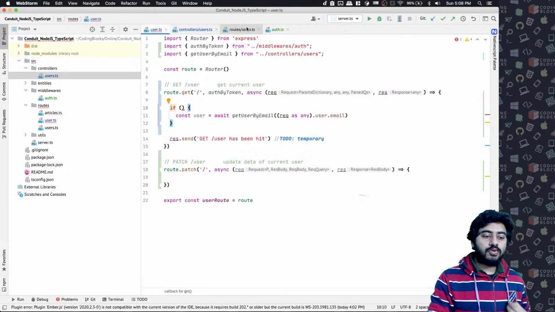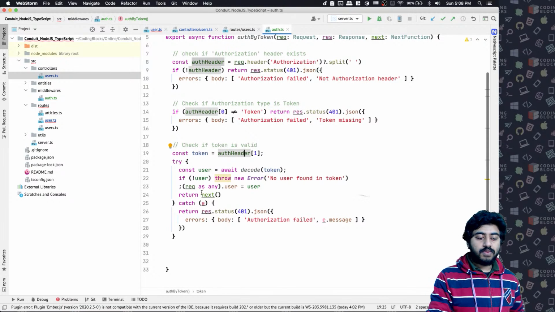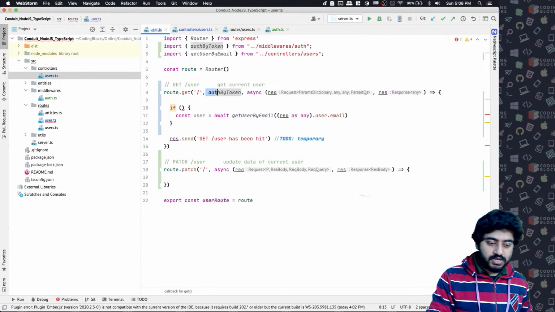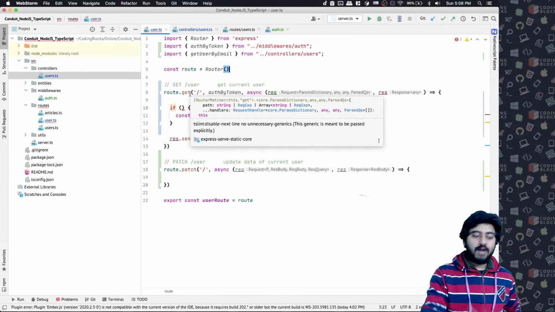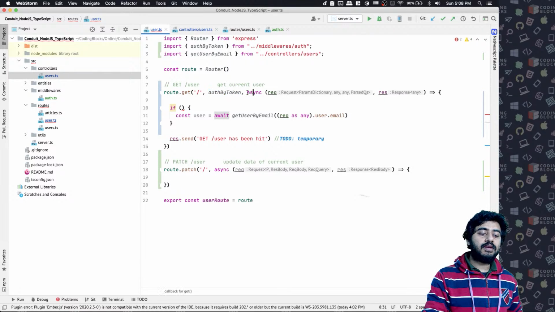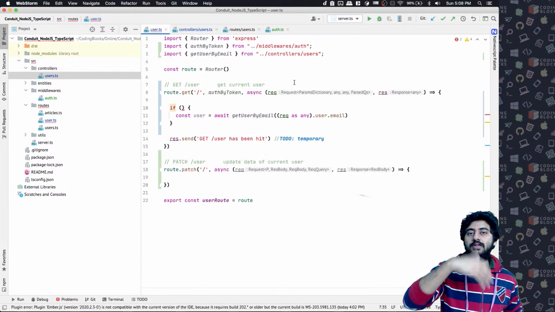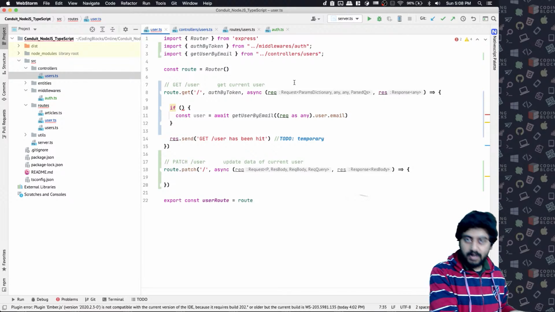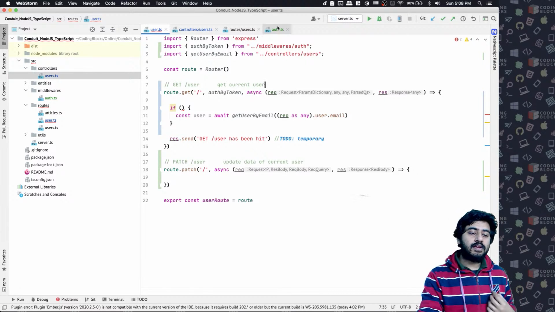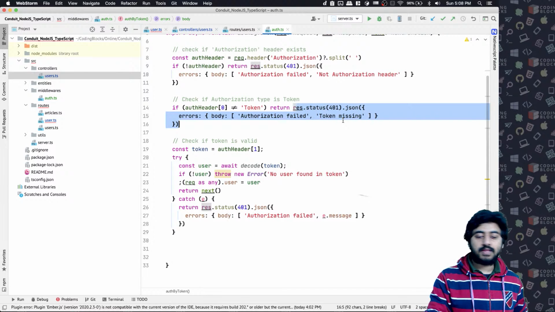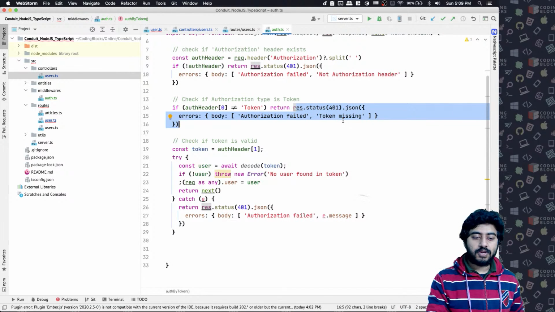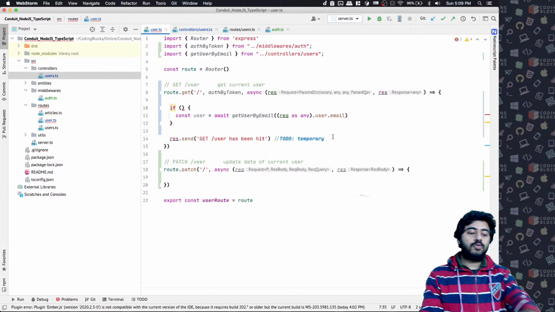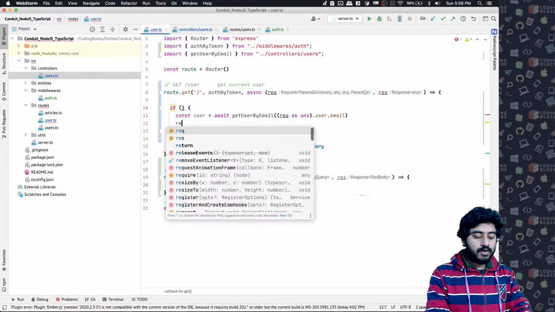Okay. So the auth middleware will add the user object into rec.user. So you put this middleware here. So when this request comes, this function will actually run first, and then my function will run. So by the time the code reaches my function, rec.user object should already exist if the token was correctly provided. If it was not correctly provided, then the middleware would have already sent a response back that there is no authorization available, right? So that does that job. Now if the user object exists, so we fetch the user object, and then we can do res dot